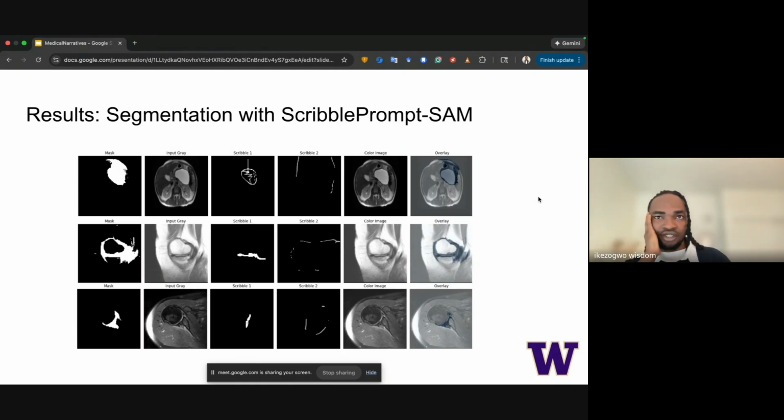And finally, we demonstrate the segmentation utility of the collected traces using Scribble prompt. I believe you also had the Scribble prompt earlier in this series. Here we use a minimal amount of traces from our collected traces, and we achieve high quality segmentations of anatomical structures like brain tumors or knee joints. This shows that the spatial grounding from our trace annotations transfers effectively to denser segmentations using iterative segmentation models like Scribble prompt.